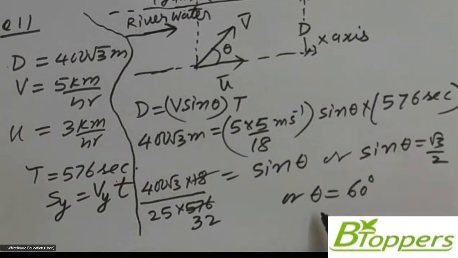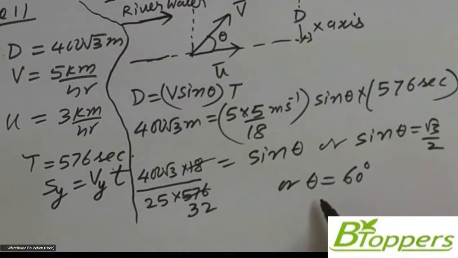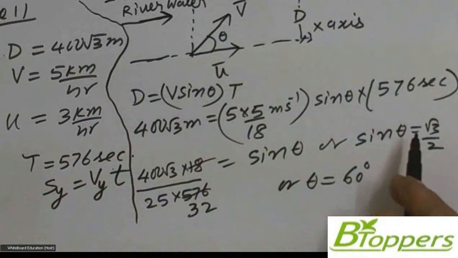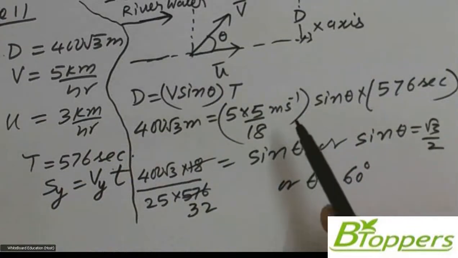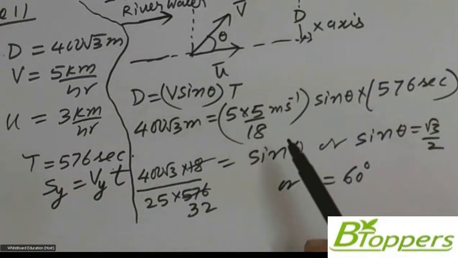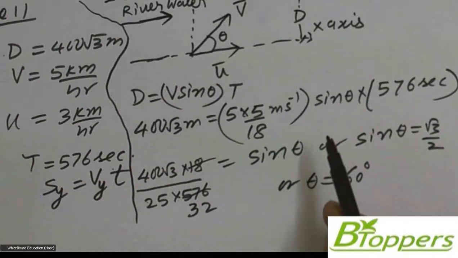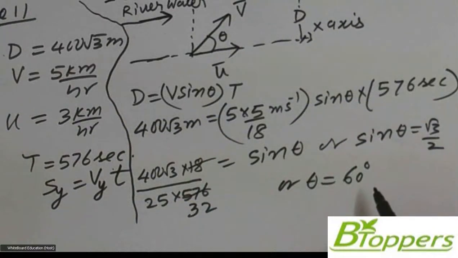So one may get a doubt, why not theta be 120 degrees? Even if you take theta as 120 degrees, sin theta will be again root 3 by 2, because sin 120 degrees is same as sin 60 degrees, which is equal to root 3 by 2. That's why in the problem I have shown you the diagram also. I have shown you the directions of V bar and U bar and the angle theta between V bar and U bar. When I showed you the problem for the first time, I told that theta is an acute angle, less than 90 degrees, as indicated in the figure. So we'll take theta as 60 degrees here.